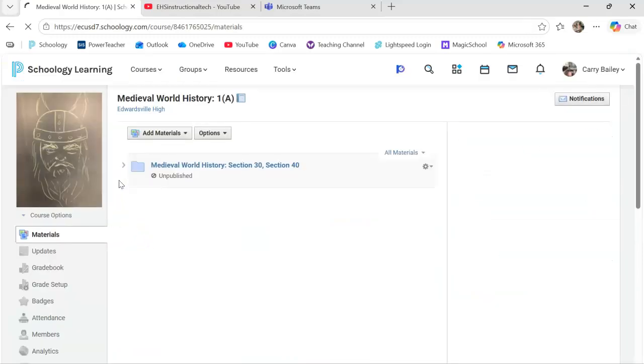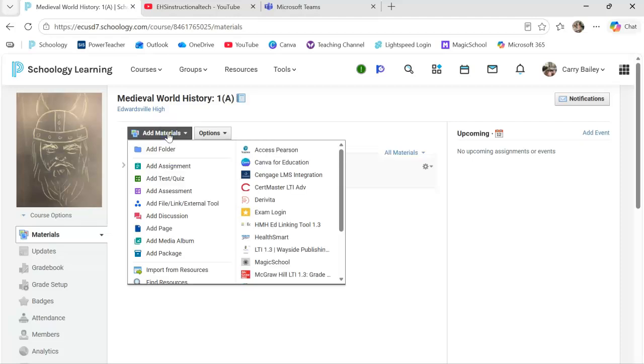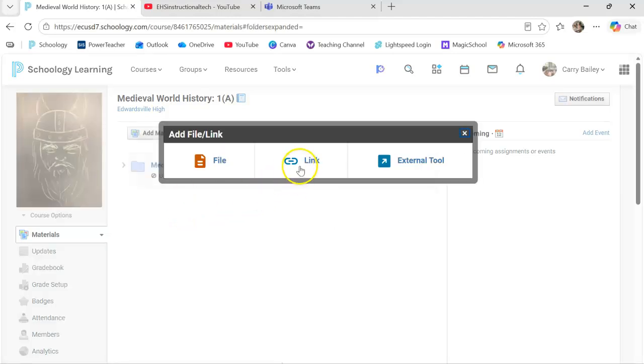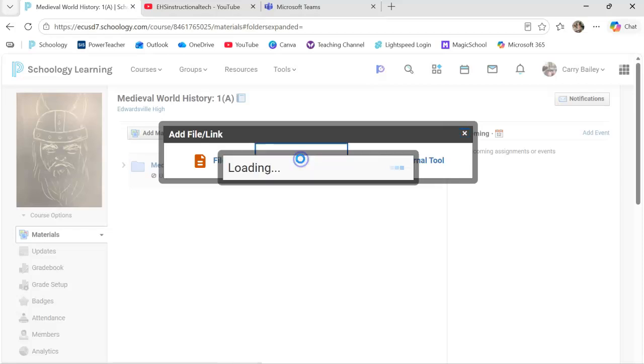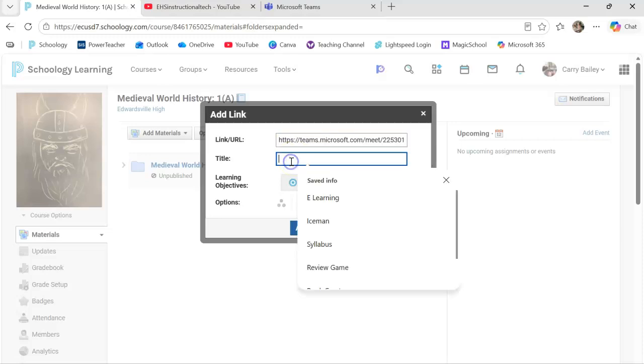So I'm going to jump into my first hour course here. I'm going to go up to Add Materials, and from Add Materials I'm going to add File Link External Tool. We are adding a link. I'm going to press Control V, which will paste that link. Control V. I will title it e-learning,